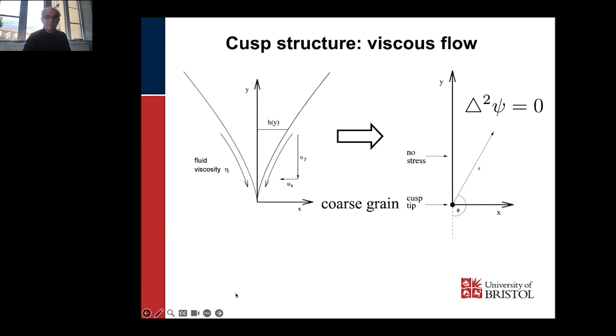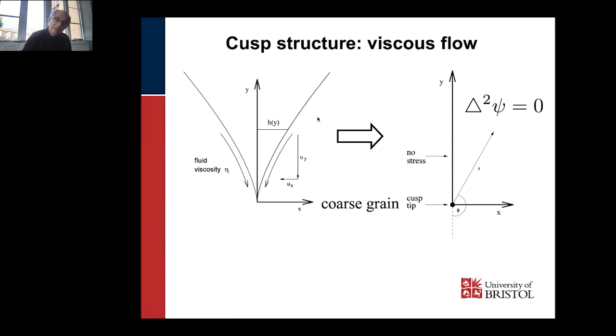So in a first attempt, let's look at a possible cusp and look at it from a coarse-grained perspective. So crucially, what I'm neglecting here is the inner structure of the cusp tip here. And if I do that, then